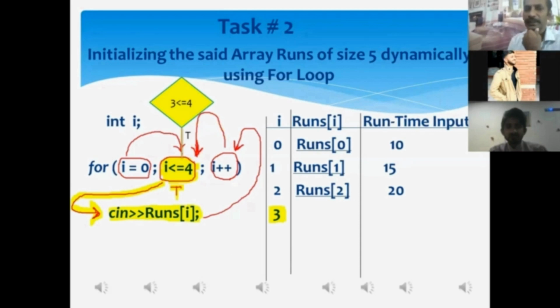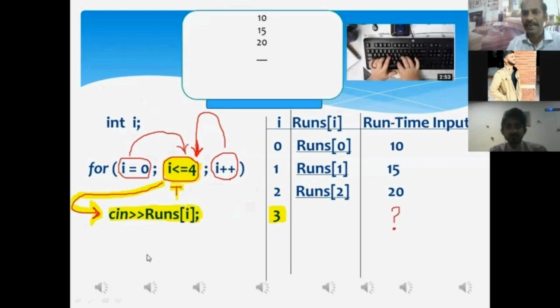What happens over there? Now, if you look at the monitor screen, what is going on at the top of the screen? Can you see? Can you watch over there? A cursor is blinking or not? Sir, it is blinking. Let's suppose I do type over there 25. All right. That will be visible on the monitor.